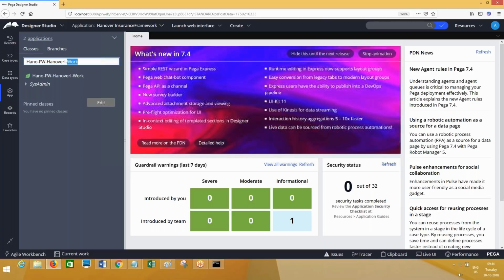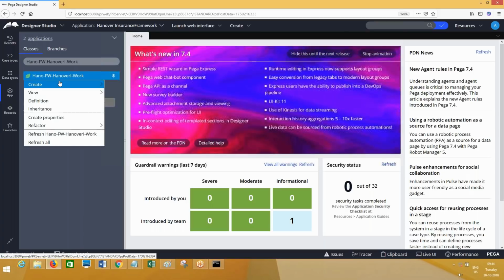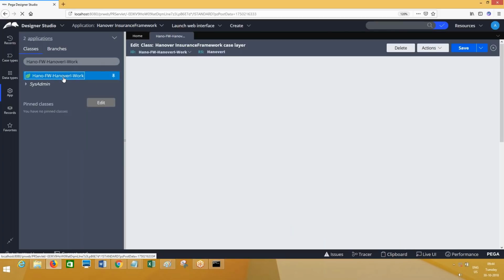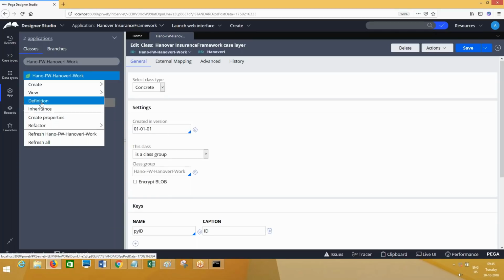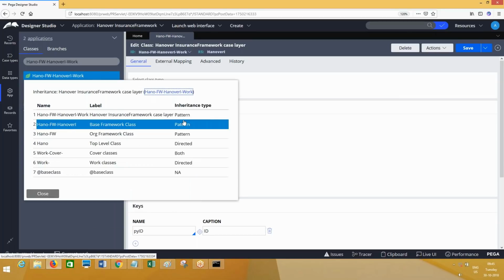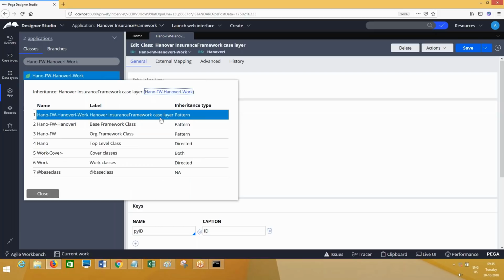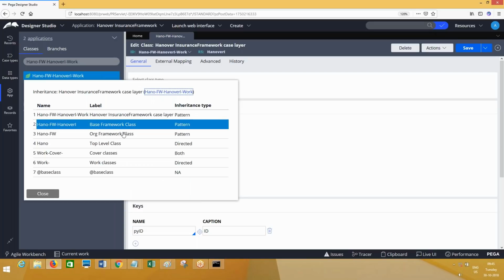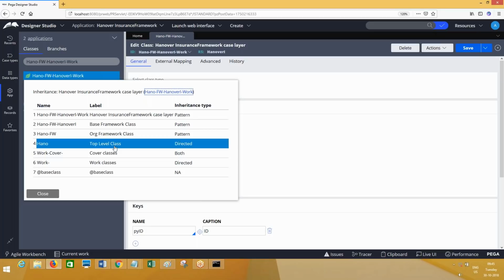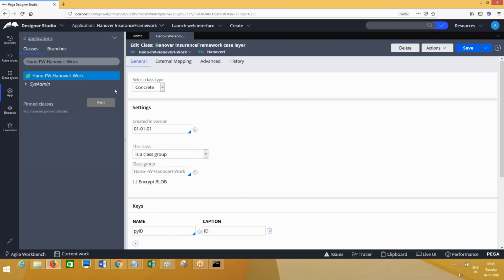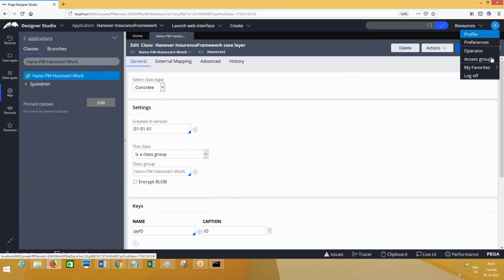So if you look at here, I'm not going to give the screenshots of all this. You can see. Just hang on. And here you go. What is that? Inheritance, right? So this is framework level class layer. Framework level class group. This is base framework. This is called org framework. This is again top level class. Top level class for framework classes and implementation classes is same or different? Same, right? Now, so let's go back here.